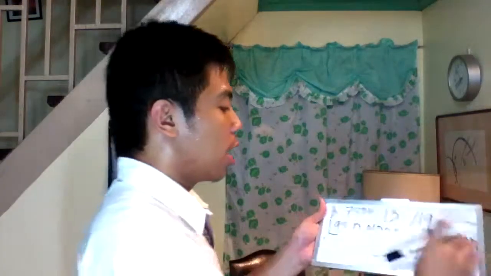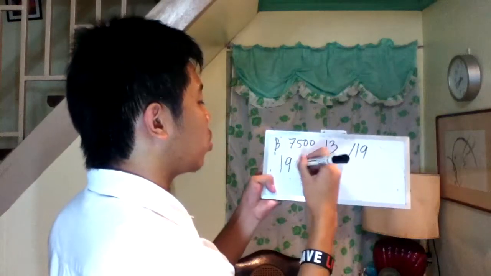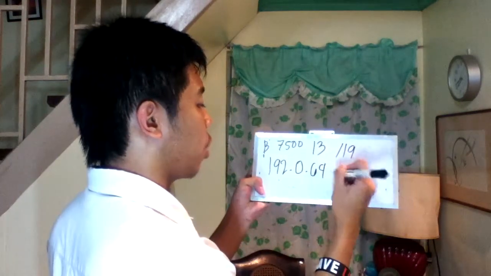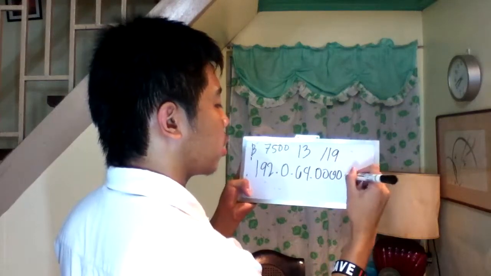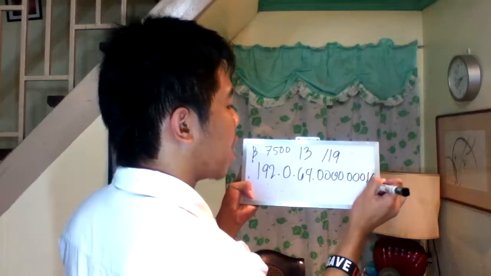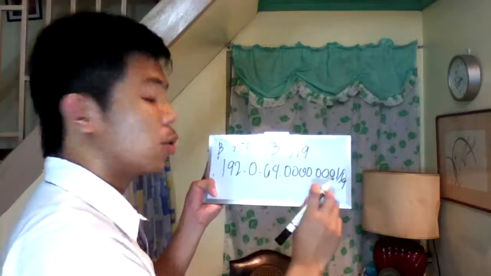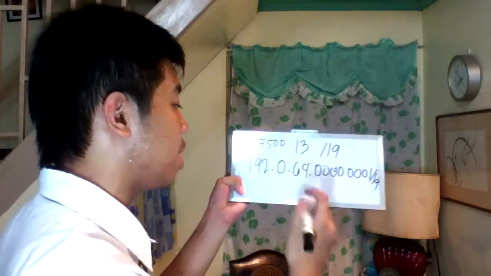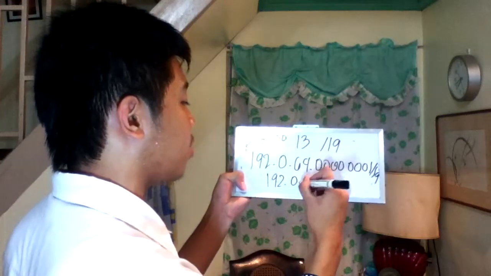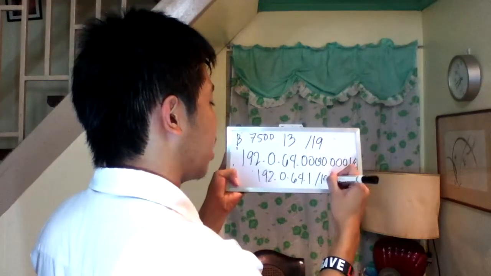Then the next thing would be the first host address for network B, and that would be 192.0.64.1/19. So we just need to add 1 to the network address to find the first host address of subnet B. So it would be 192.0.64.1/19. So the last thing that we need to know for subnet B is the last host address, and it is